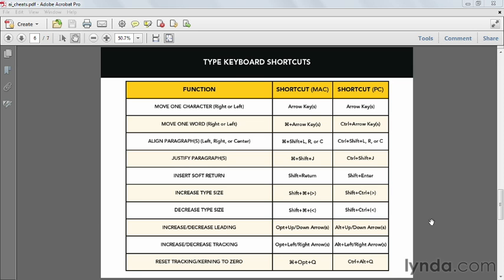One of the keys to becoming more productive is to learn to utilize keyboard shortcuts. And when you're dealing with type, keyboard shortcuts can save you a ton of time. In this movie, I'll be going through some of my favorite type shortcuts, but don't worry about going and writing